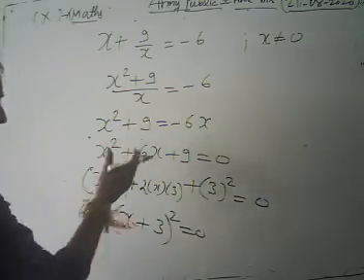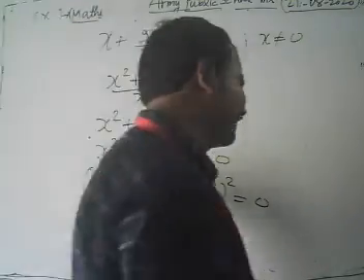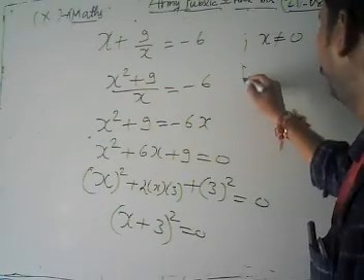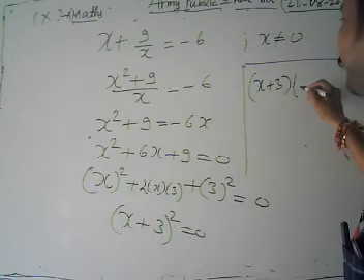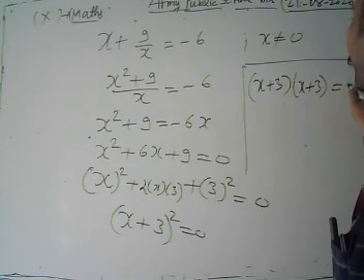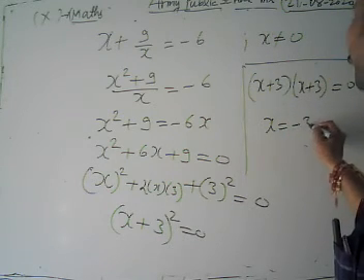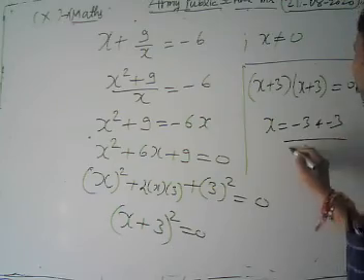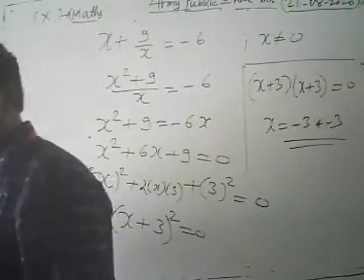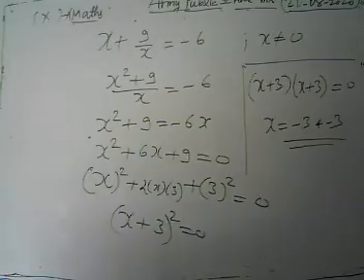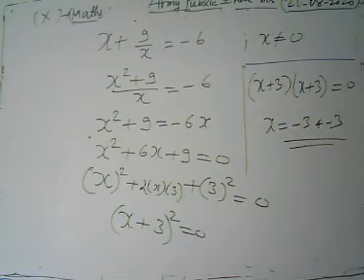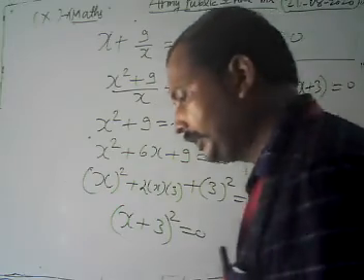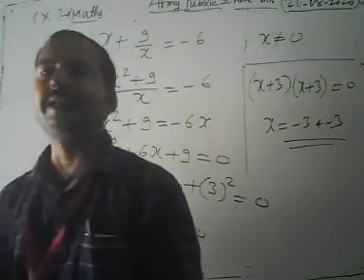Also you can factorize by splitting the middle term, 3x plus 3x. Then we have two pairs. It's a case of repeated roots. x plus 3 equal to 0, and the solution of x is minus 3 and minus 3. This is an example of repeated roots, and we are going to discuss the nature of roots in the next part of the videos. And this is enough for today's class.